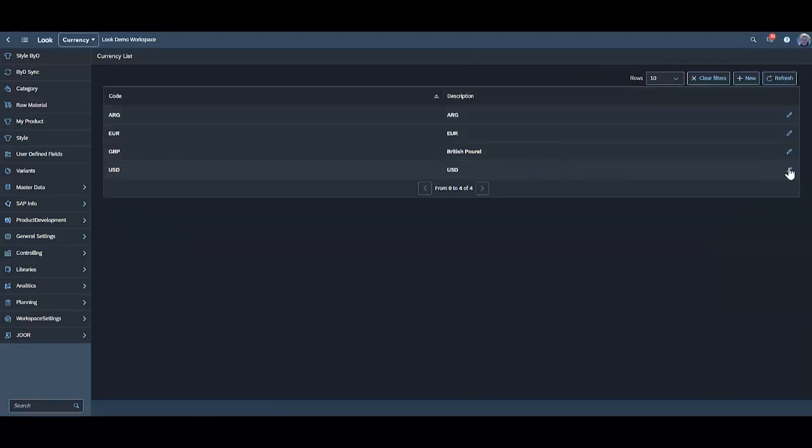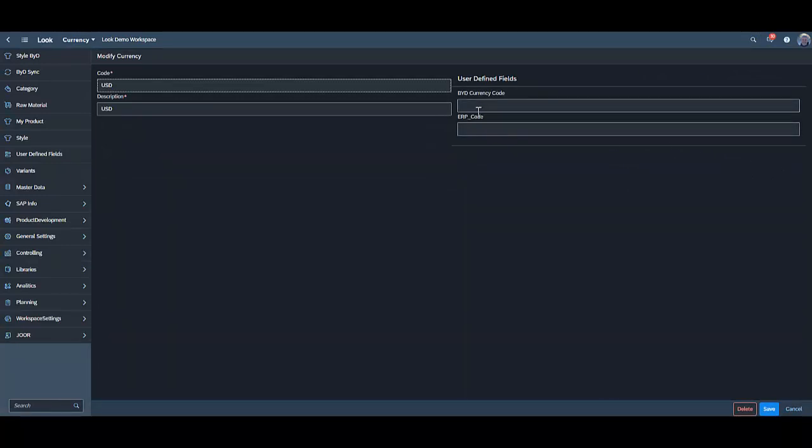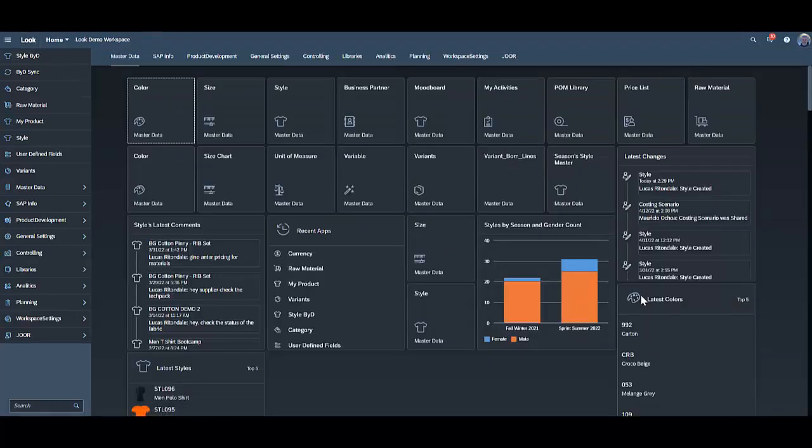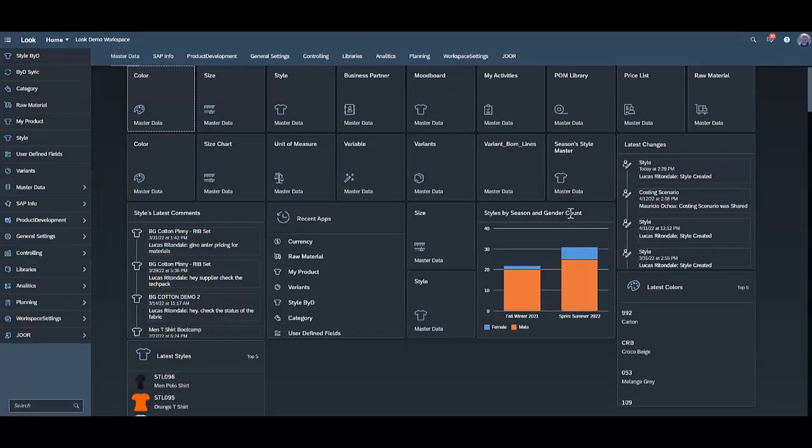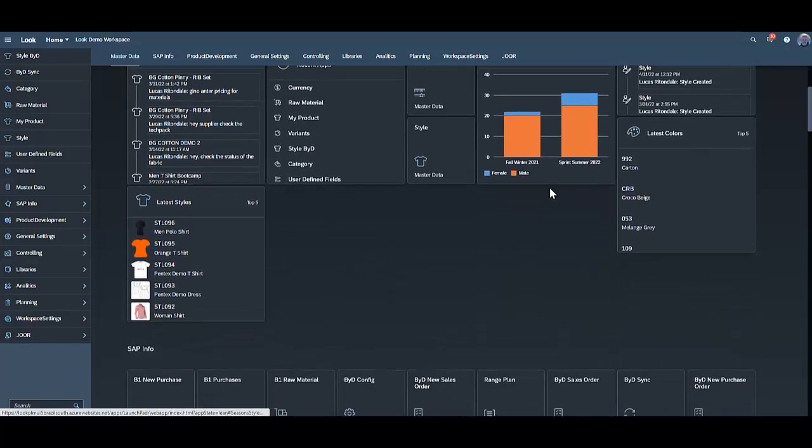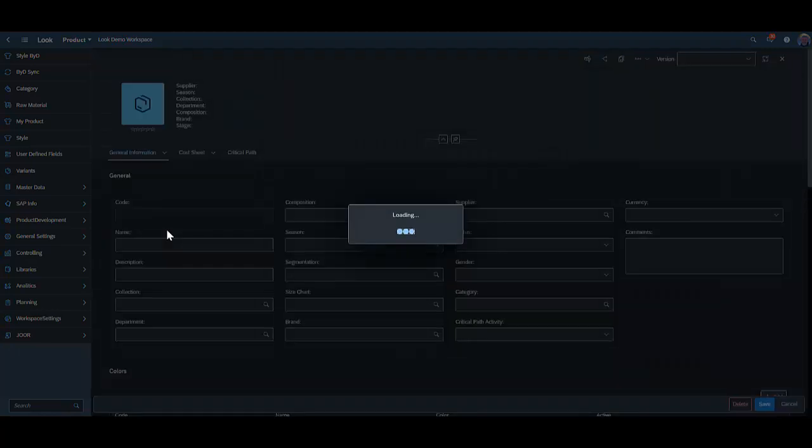Same for currencies, same for price list. So in my example here, USD in SAP ByDesign probably is a different currency code. Once you save these settings,